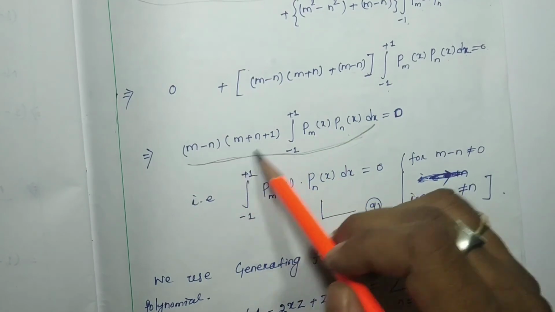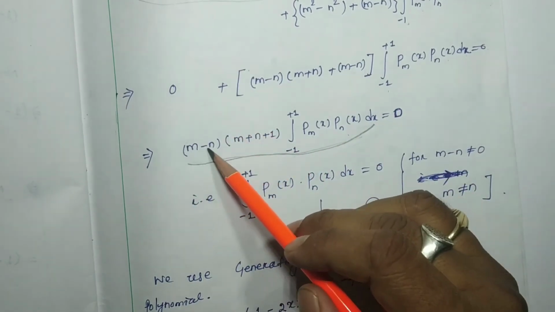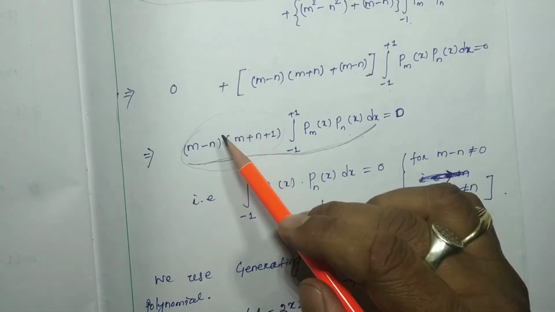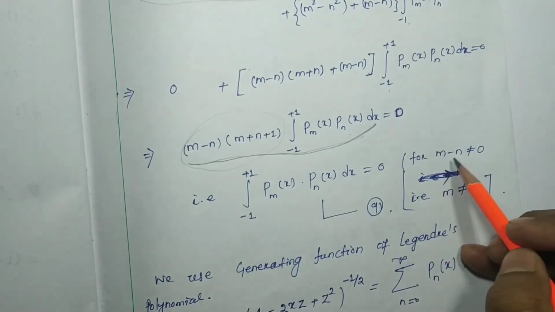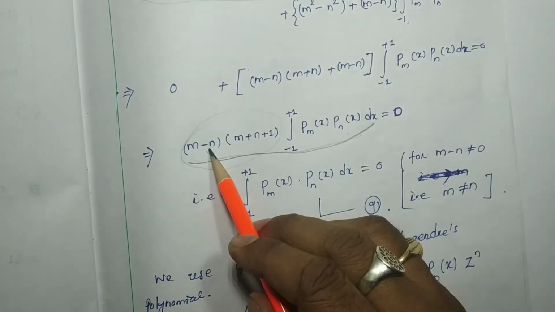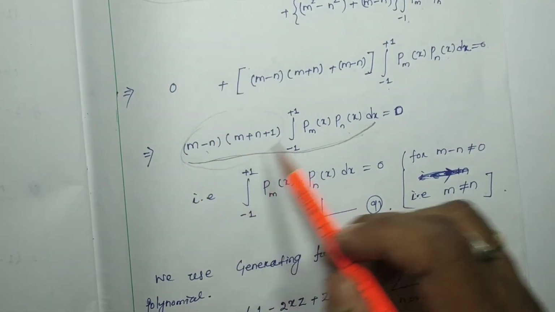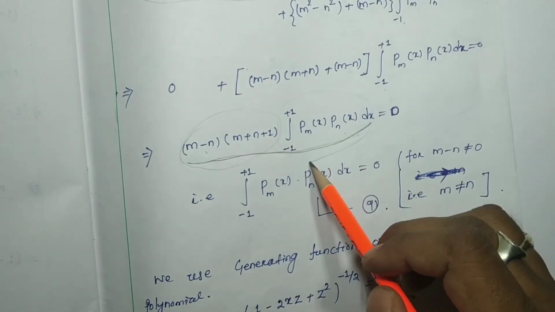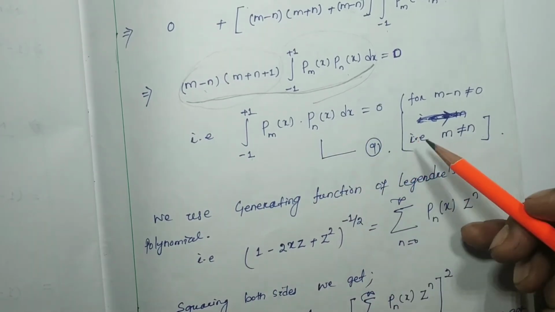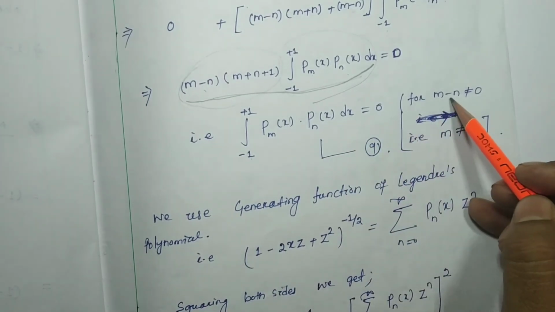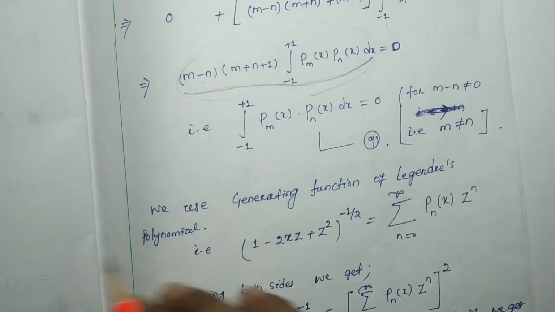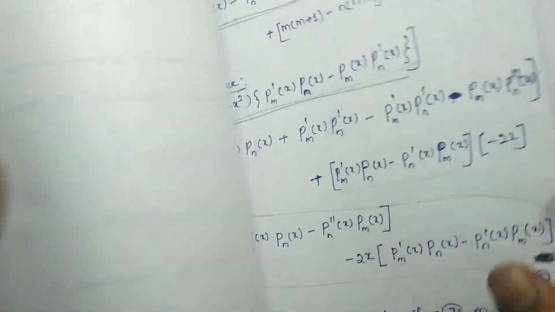Okay, so if this part m minus n into m plus n plus 1 is not going to be 0, at that time it will be possible if m minus n not equal to 0, or m not equal to n. So if m not equal to n, this part is not going to be 0. So hence this integral part will be 0. So integral minus 1 to plus 1 pmx into pnx equal to 0. Let it be equation number 9 for m minus n not equal to 0, that is m not equal to n. Okay. Now the first condition of our generating function we have found,